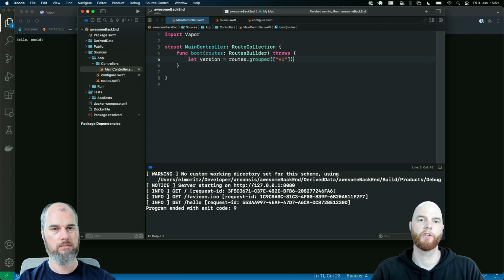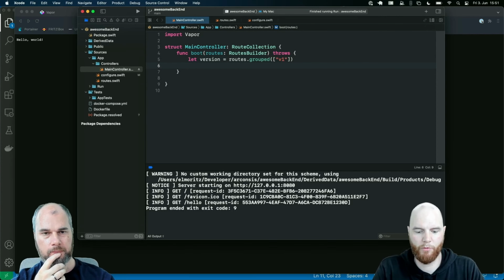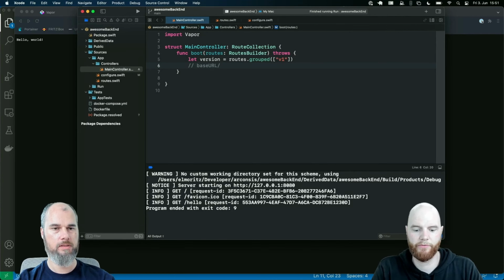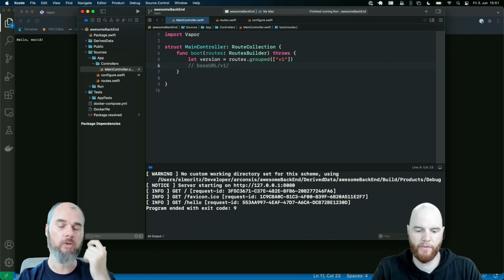So it would be nice to have your base, so it's basically the base URL /v1/ and then something else. Now whatever comes down here